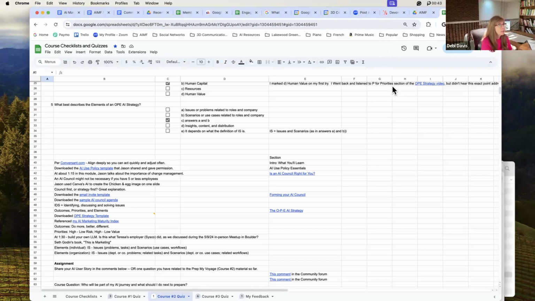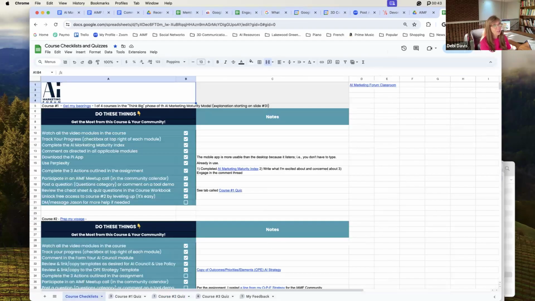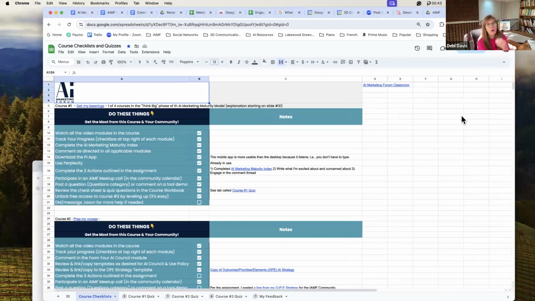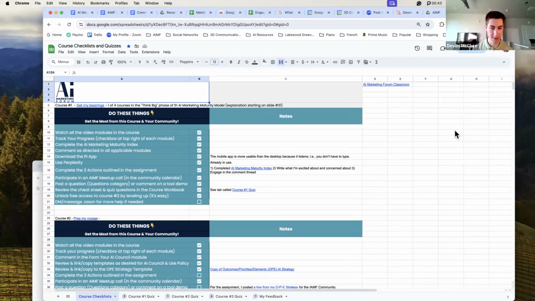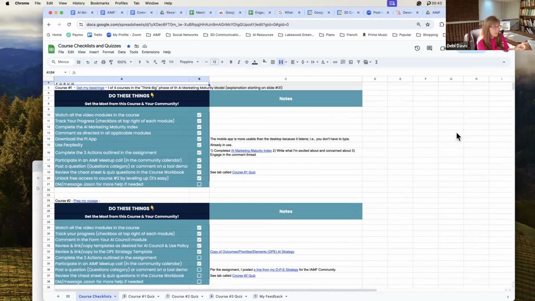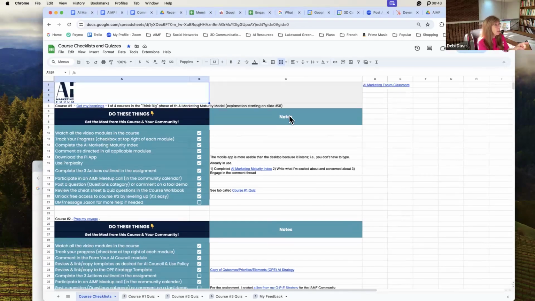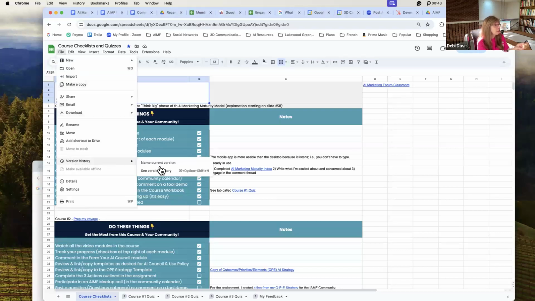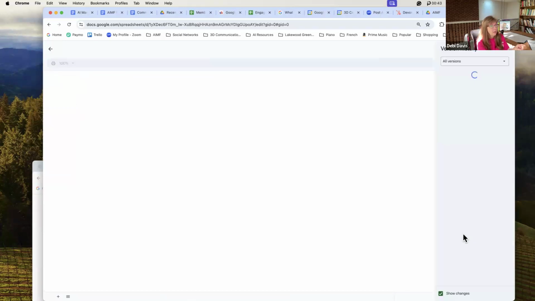Hey, what is this? Hide these floating meeting controls. Okay, so I put together all these spreadsheets so that I could keep track. And all of this started, Devon, when you mentioned the time gaps in between. Right, like you might forget what you learned. Uh-huh. And my time gaps in between are humongous, because if we take a look at this version history,